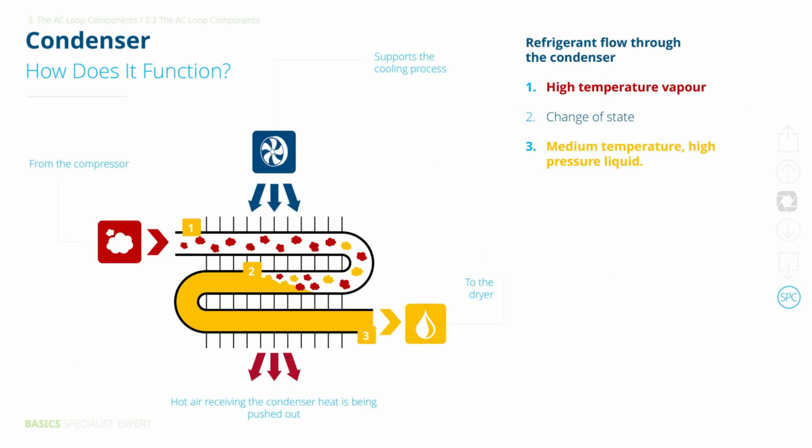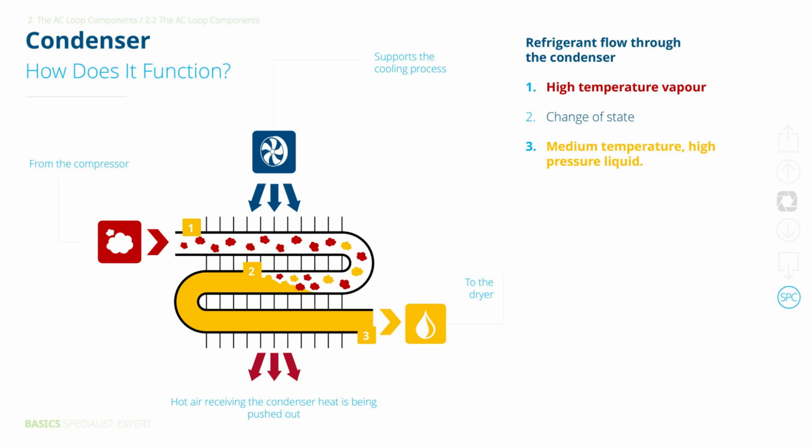Refrigerant enters the condenser from the compressor as hot vapor. As it moves through the coils, it cools and turns into a liquid. Airflow, whether from the fan or the car's movement, is what makes this condensation possible. The refrigerant loses 20 to 50% of its heat with almost no pressure drop, leaving the condenser as a cooler,